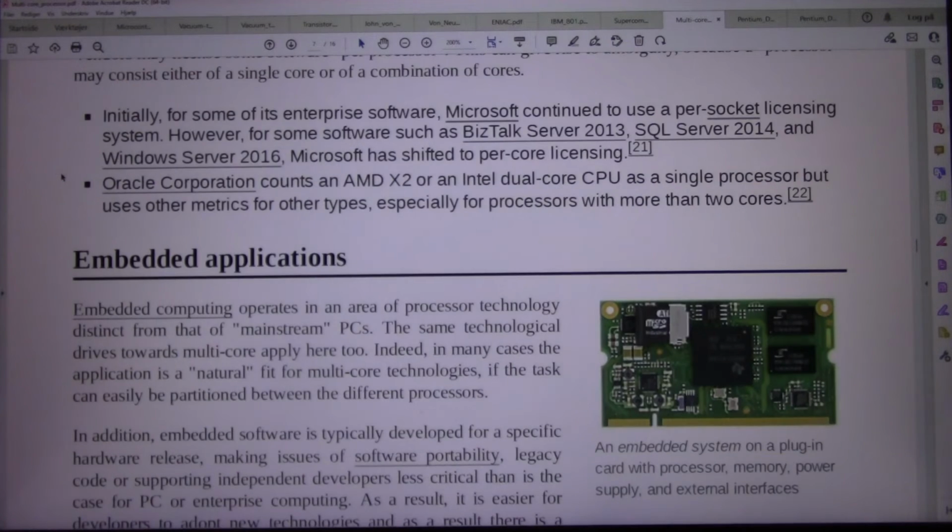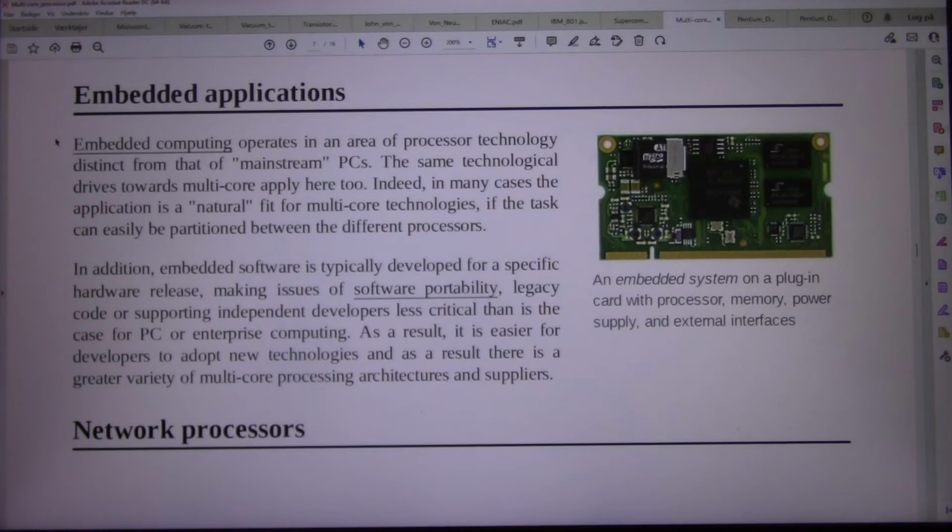Embedded applications. An embedded system on a plug-in card with processor, memory, power supply, and external interfaces. Embedded computing operates in an area of processor technology distinct from that of mainstream PCs. The same technological drives towards multi-core apply here too. Indeed, in many cases the application is a natural fit for multi-core technologies, if the task can easily be partitioned